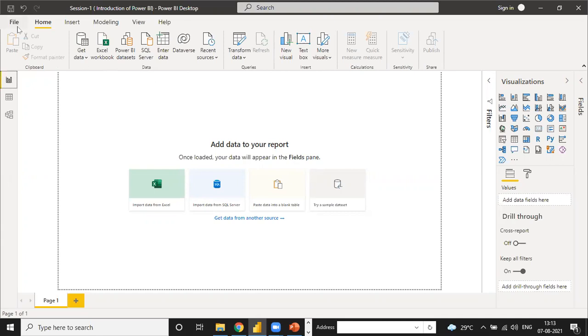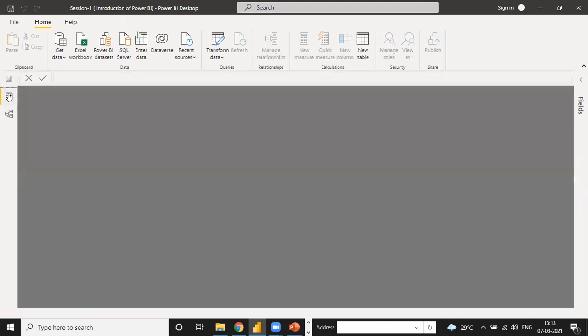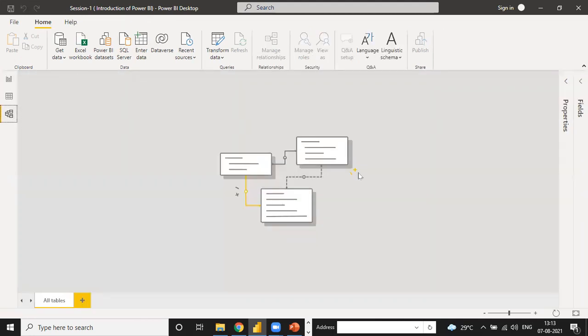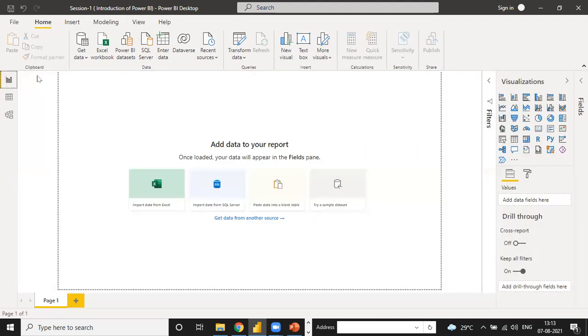Okay, like this. Suppose when you make the report in Power BI, this is the visualization pane. You make the whole dashboard here, and this is the data tab, and this is the relationship. When you have made the visualization, there is one option here, publish. Publish means this visualization report gets published, and publishing is only possible when you have access to Power BI service, and it's a paid access.